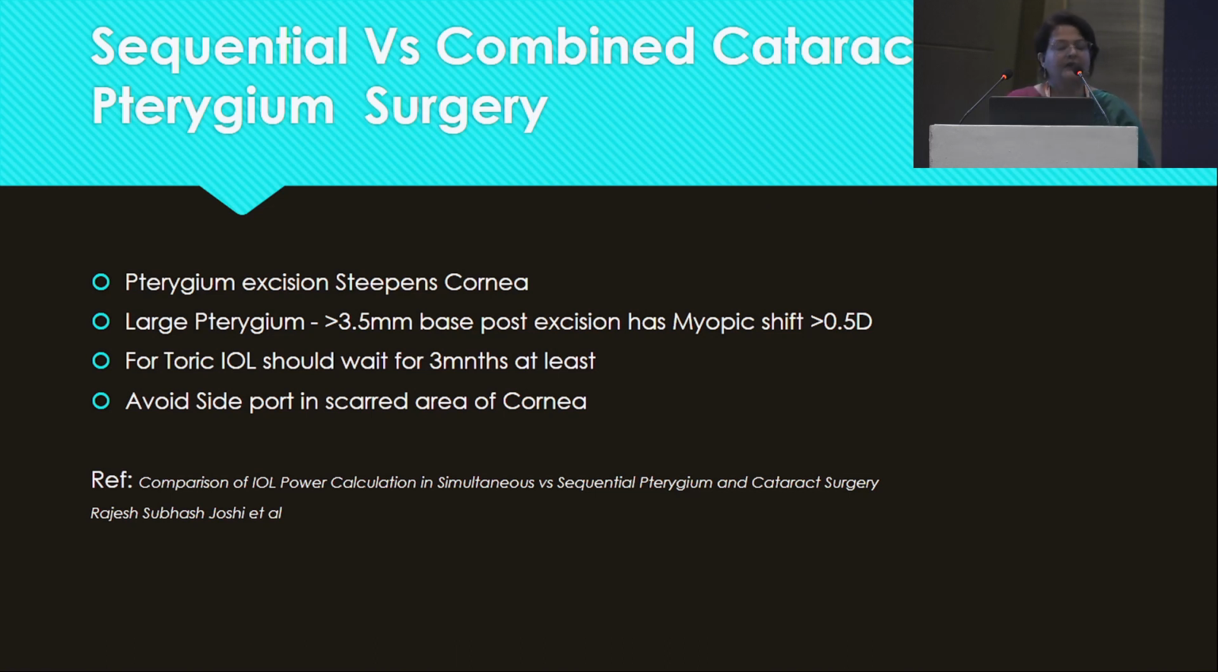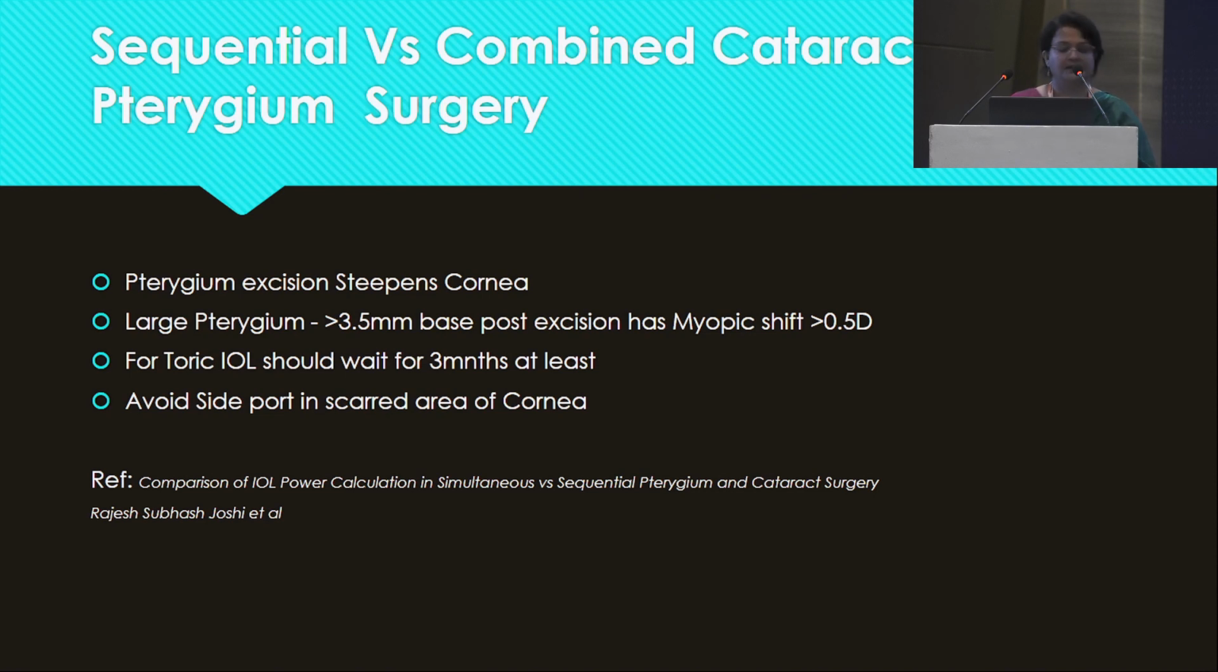Now suppose a toric IOL is planned. In this case, at least 3 months has to elapse between the pterygium surgery and the cataract surgery. There are certain authors who say that you should wait for at least a year also if the cataract can wait, because toricity does not stabilize before that. So we had been doing it at 6 weeks after pterygium surgery for such patients who have undergone sequential cataract and pterygium surgery. But after going through the literature, I think I'm personally going to wait for 3 months if the